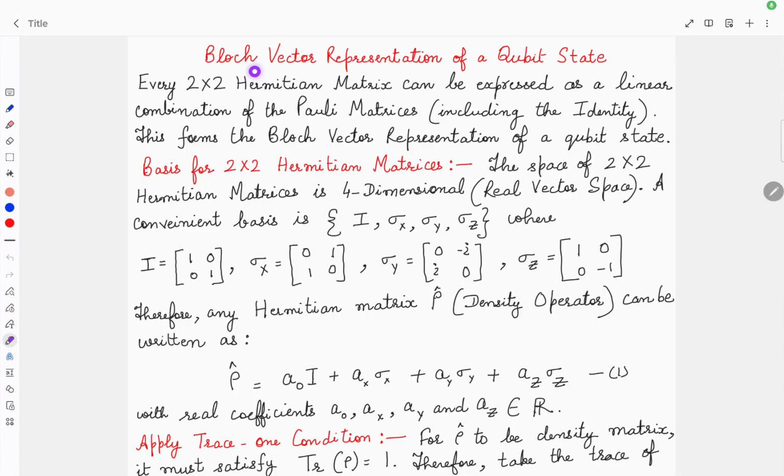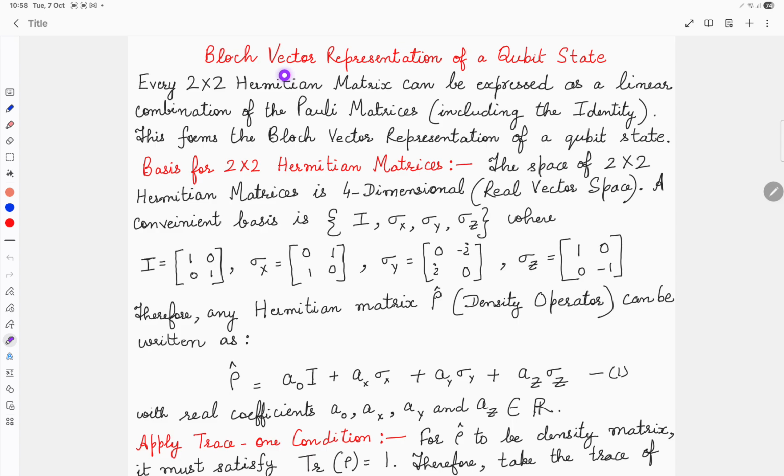Hello everybody. Let us talk about the Bloch vector representation of a qubit state. Now qubits, which are the building blocks of a quantum computer, can be nicely represented graphically as points of the Bloch sphere. So that means all the points on the Bloch sphere represent one of the states of the quantum system. The length of the vector from the origin to the point on the Bloch sphere will be called the